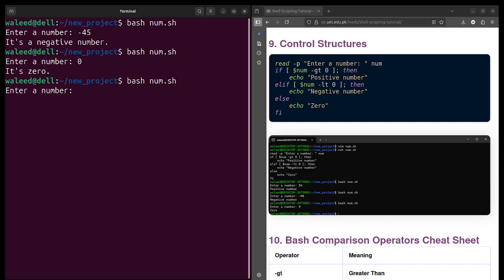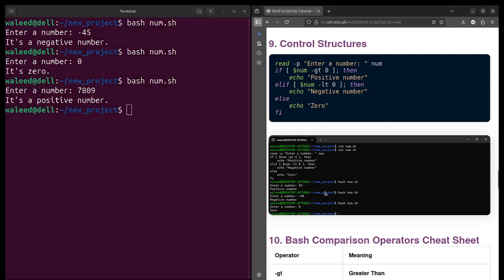And if I enter a positive number, then it is printing it's a positive number. So it is the same as you use if and else conditions in some other languages like Python, etc. Just the syntax is slightly different. It has its own syntax in bash.